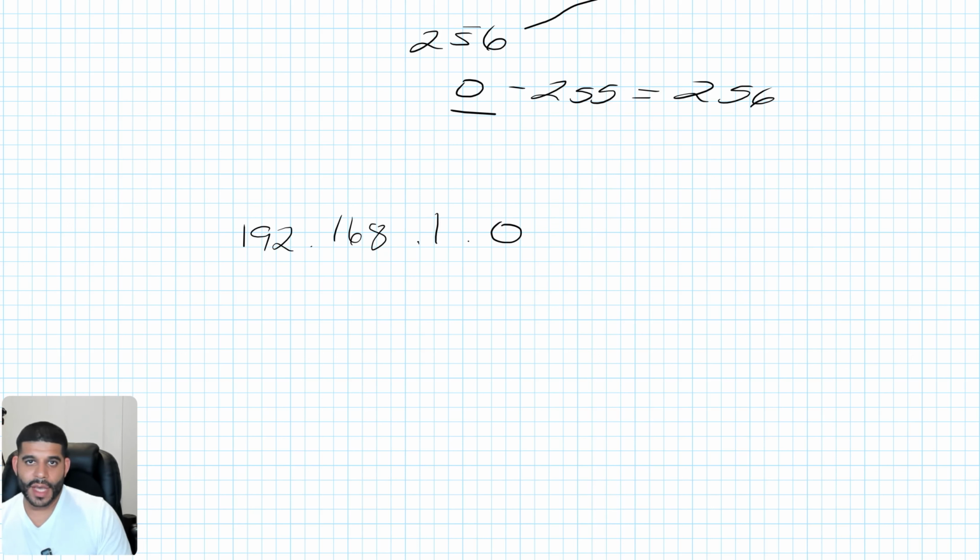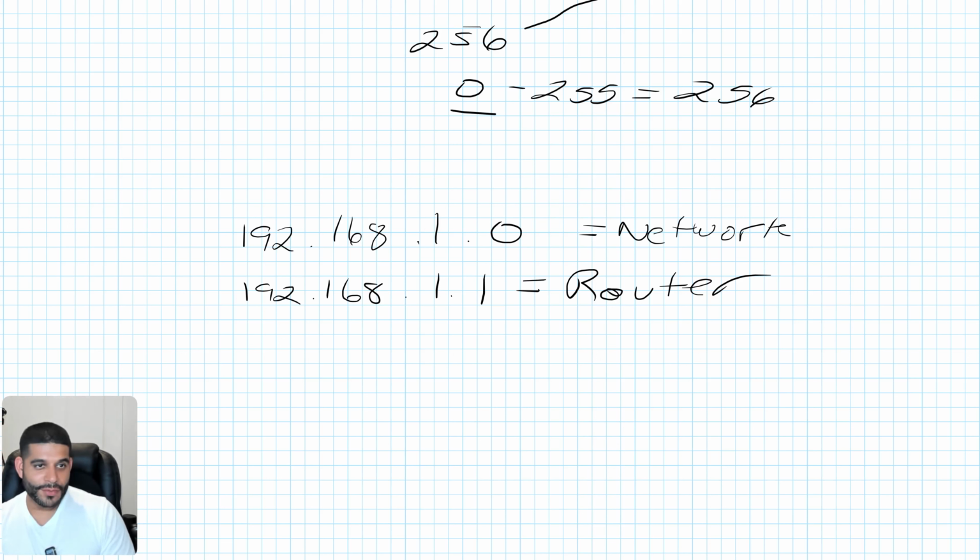This is going to be our network. Now, if we were to take a look at the next IP address, we have 192.168.1.1. This is going to be our router. If I were to go for my IP addresses and say, hey, here's a whole list, right? We can do essentially, if we go down the list here,